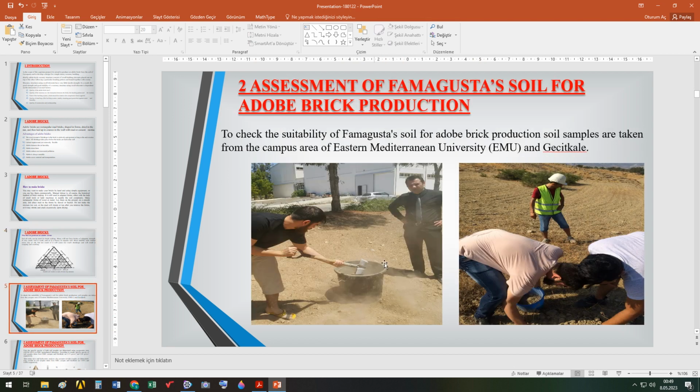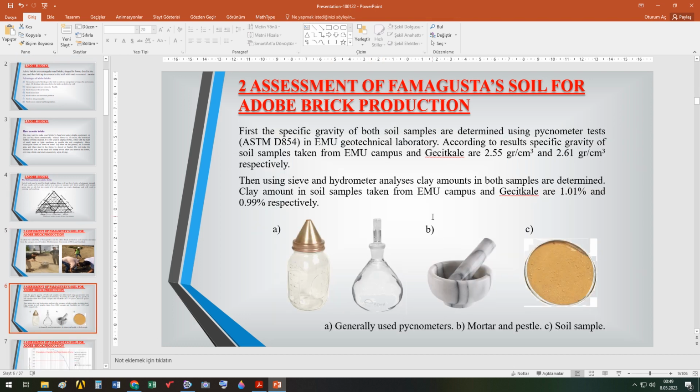These are the photos when we are sampling soil. We have to first check whether our soil is good enough to produce adobe bricks. Actually, I added cement. I modified the brick by adding cement, and then I did some other things to make the brick surrounded by concrete, in order to make it